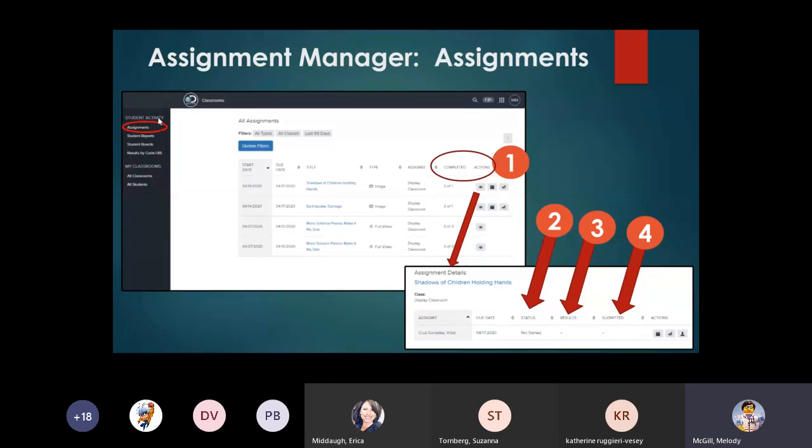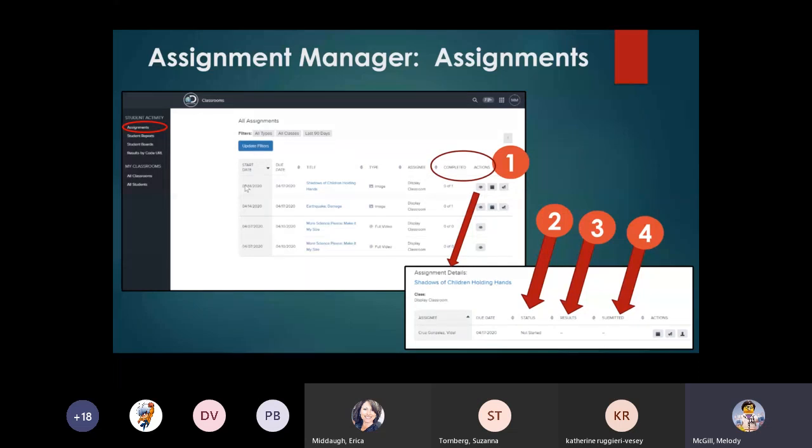Currently, we're going to look under student activities and we're going to look at assignments. That's where the classroom assignment manager defaults to. If you were to click student reports and you're like, oh, I need to go back to all assignments, you would just click on that assignment button. That's going to pull up